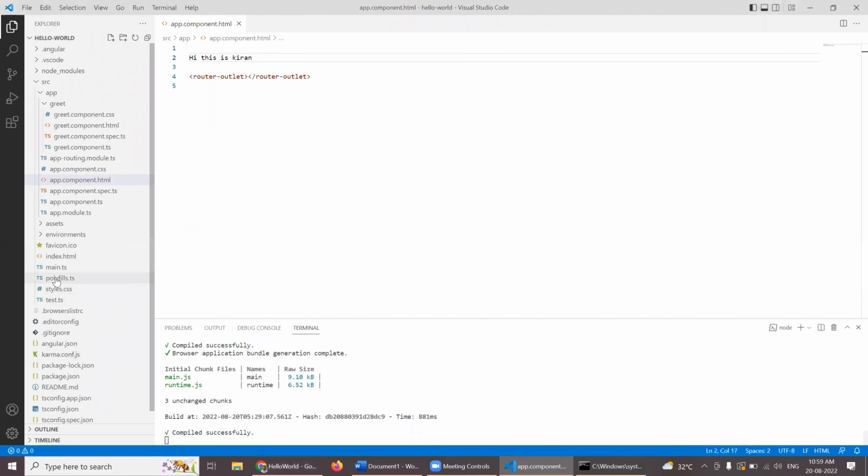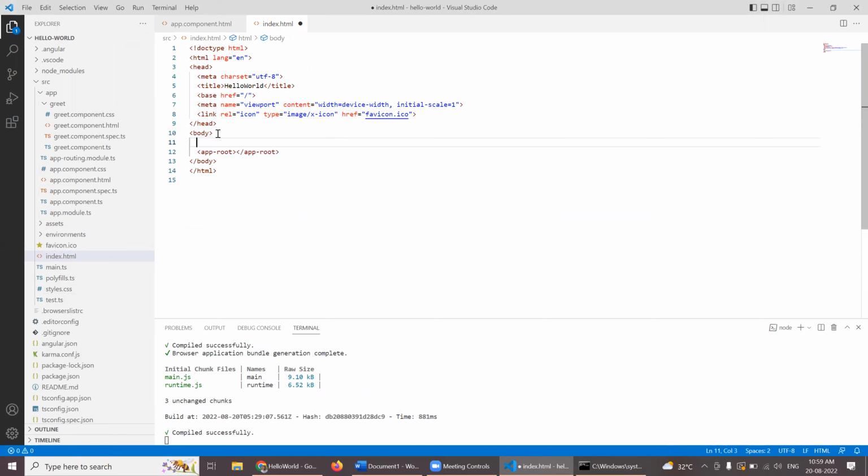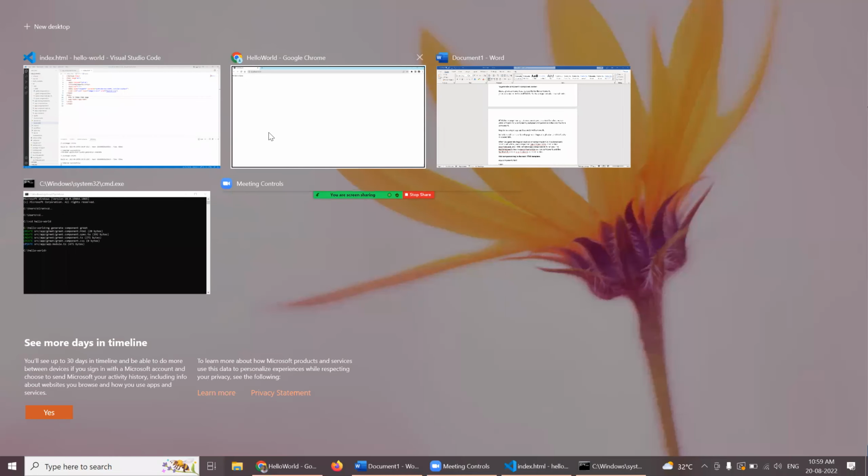Now if we see index.html, it contains this app component. If you see index.html, it contains app-root. And if we add anything, this is the index.html page. Now if you go to the browser,